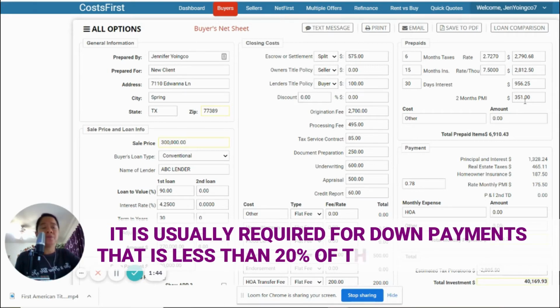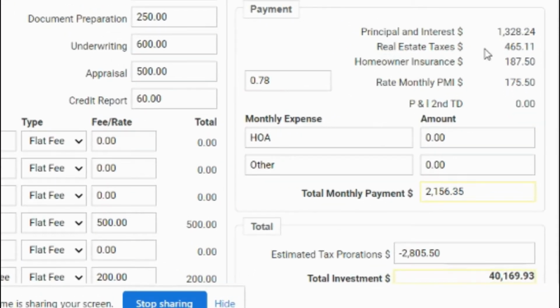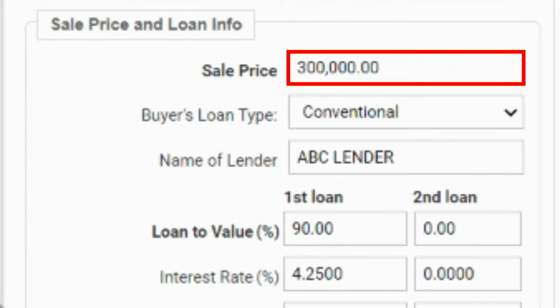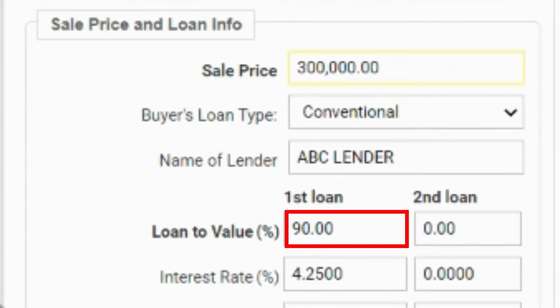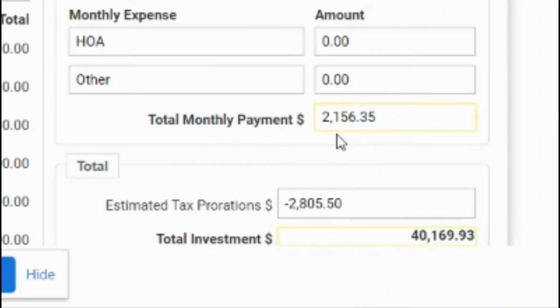Usually, if you're putting 20% down, then this will disappear. And now you'll have your principal interest, real estate taxes, homeowner's insurance, monthly PMI, which is the private mortgage insurance, and all those, which will amount to a total monthly payment of around $2,156.35. Which means that for a $300,000 home and with a 10% down payment, most likely you'll be paying a monthly estimate of